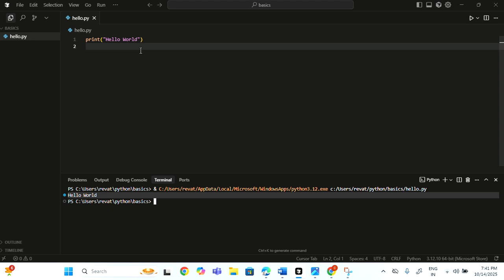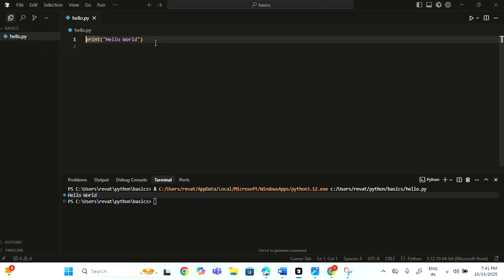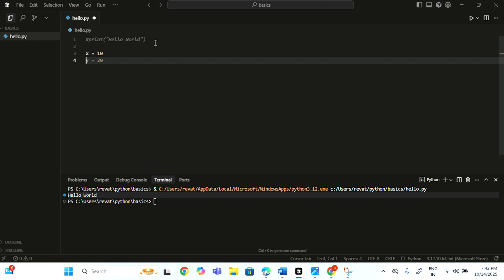So let's write a simple program that demonstrates indentation in Python. Let's take variable x equal to 10 and I would like to take another variable y equal